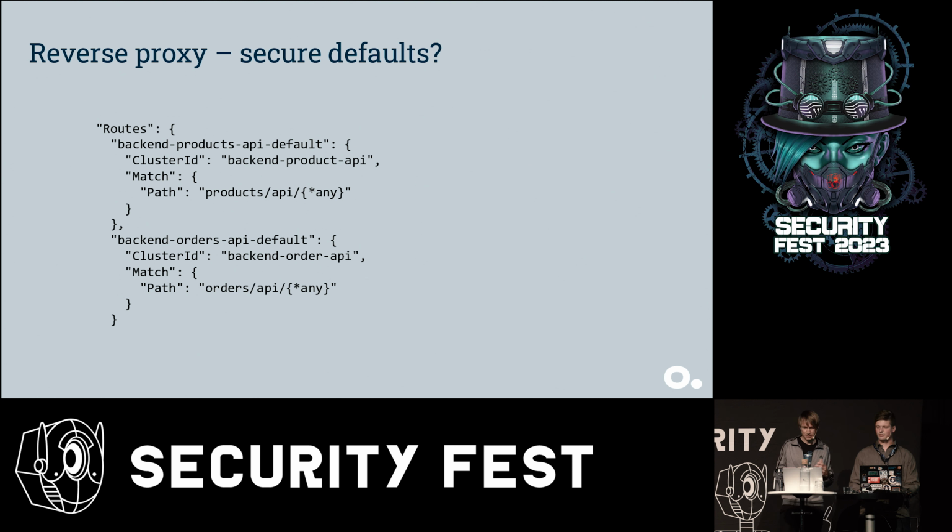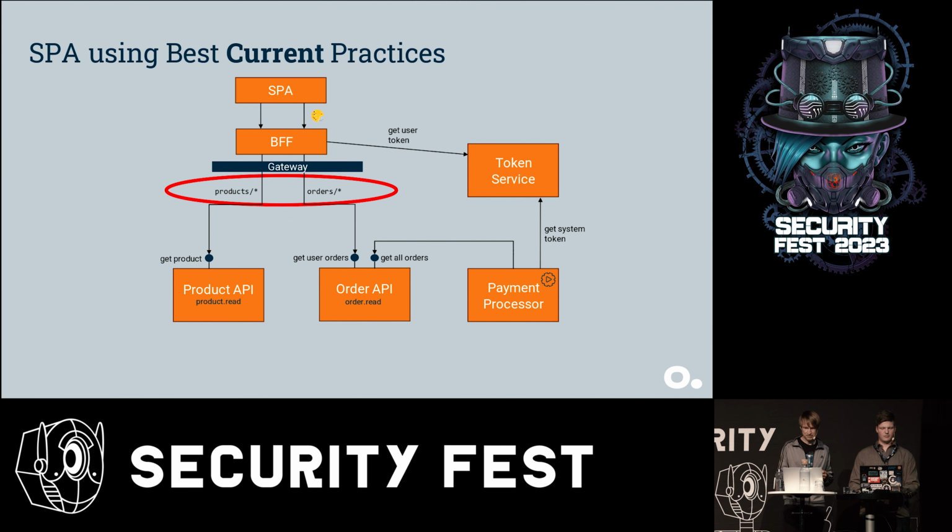And so if we go back to the system overview and look at the backend for frontend design, the backend for frontend's job is to proxy requests, and it's quite common for an API host or a microservice to have endpoints for users, admins, and system integrations all in the same host. So even if the proxy had an allow list for which hosts they can route to, that may not provide any protection, because if you're on the same host, then you will get there anyway.